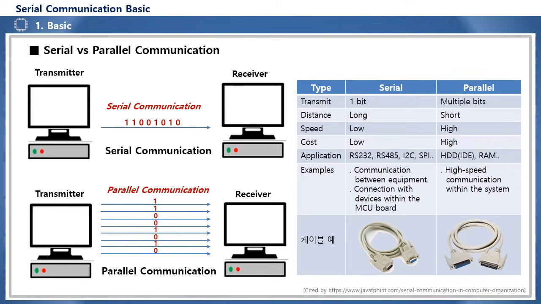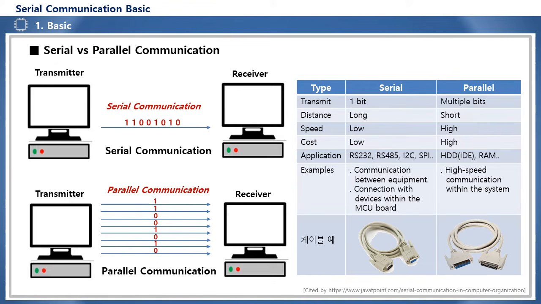The main characteristics of serial communication and parallel communication are that the serial method is advantageous for long-distance communication because it uses only 1 or 2 cables, while the parallel method is suitable for high-capacity, high-speed communication over short distances within a device that simultaneously sends and receives a lot of data. The simple serial method can be implemented at a lower cost than the parallel method.